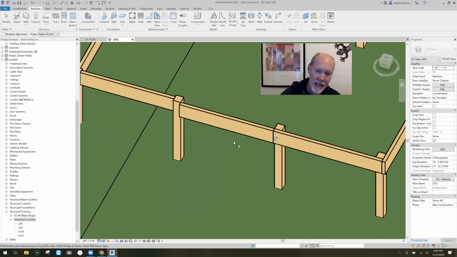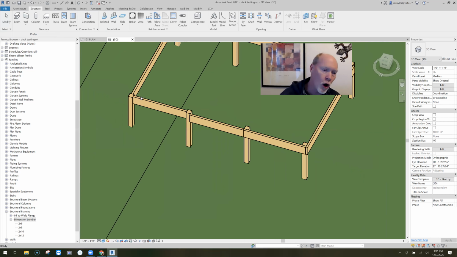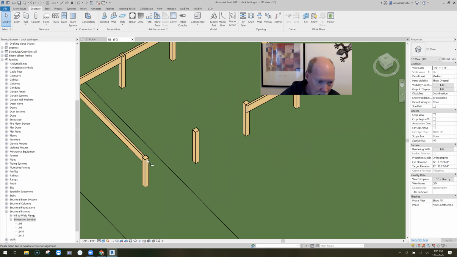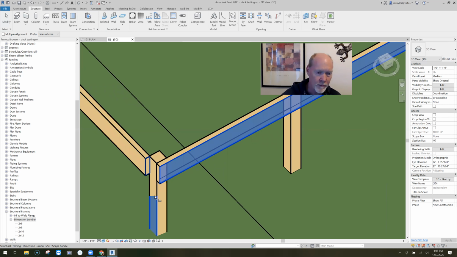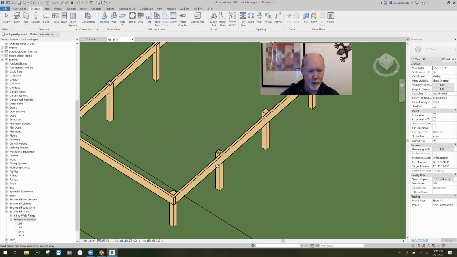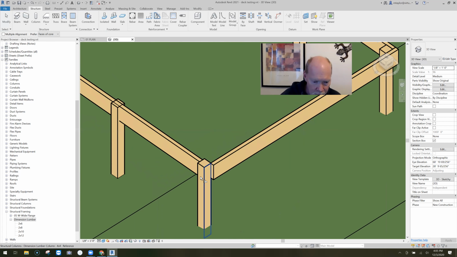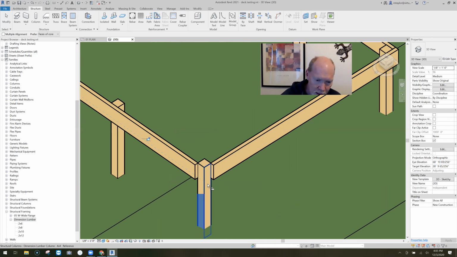So I can extend these, and if I want this to go all the way down, I can just delete this one, okay? And I can say align, come all the way to the end face. See, you can extend these however you need. So I'm gonna just fix this. This front one, come there and come to the face, end, okay? I'm almost done. We're just making a simple deck. Come to the face, this face, the back, boom, and come to this face, come to this face,